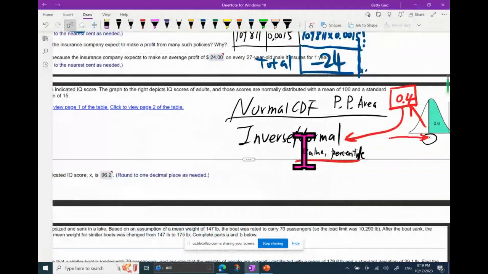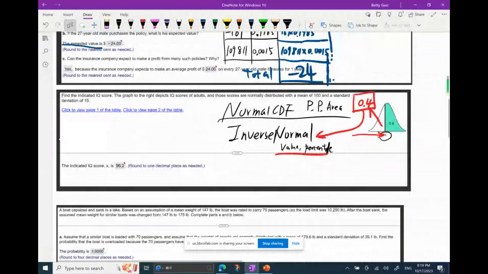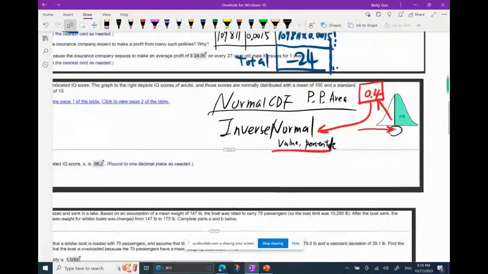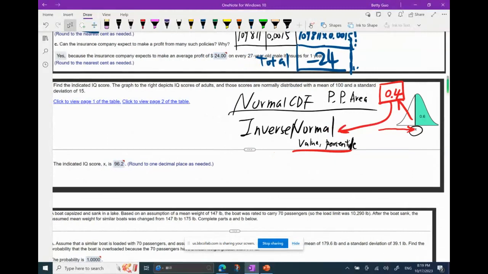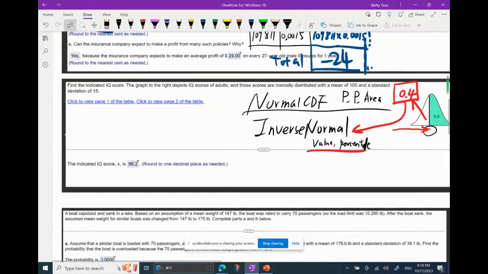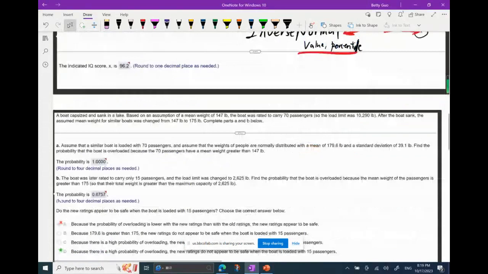I would say that's very straightforward, but it's a good question for us to review here. For normal functions in the calculator, either CDF or inverse normal, when do we use the CDF function? When do we use the inverse function? Very good. Next,